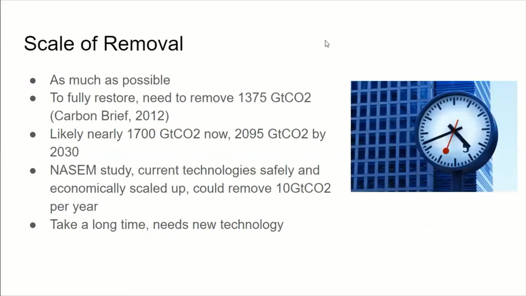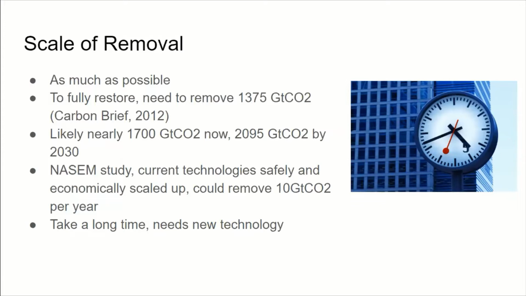So one of the first things we've got to look at is the scale of removal necessary to carry out this dream of restoration, this dream of removing as much of the carbon dioxide as we put into the atmosphere as possible. The scale we need is as much as is physically possible, because every small percentage matters, and we're never going to be able to remove more than we put in. So the aim is to remove as much of what we have already historically put in there as possible.